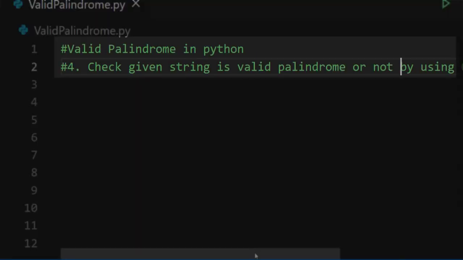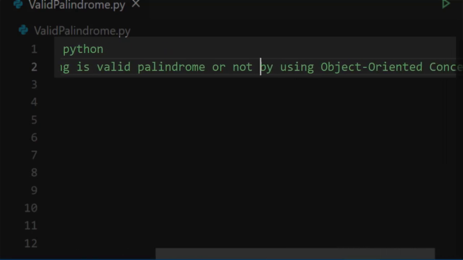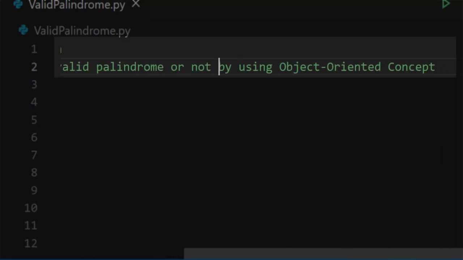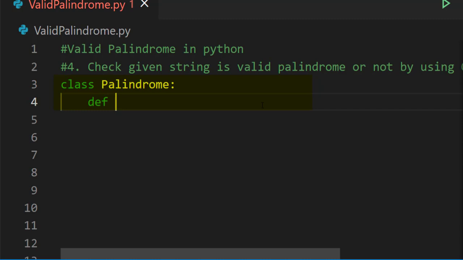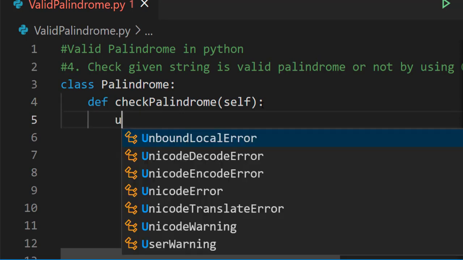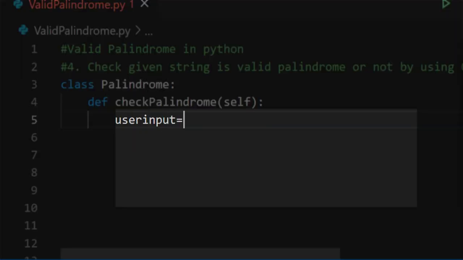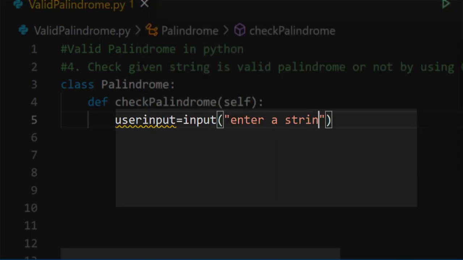Next we'll write a program to check whether the given string is a valid palindrome or not by using the object-oriented concept in Python. First we'll create a class, call it palindrome, and we'll define a method check palindrome with self parameter. Then we'll write the logic for user input. User input is equal to input, enter a string.